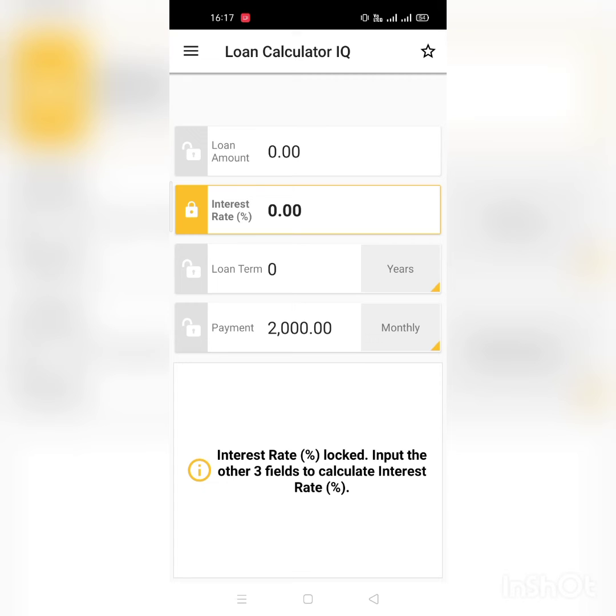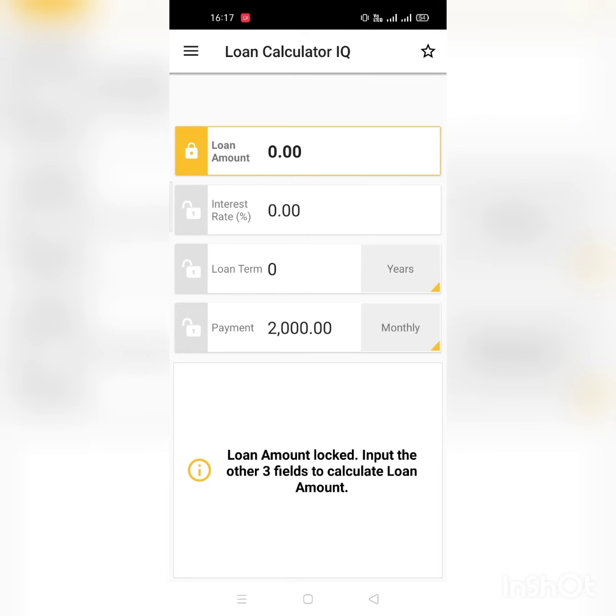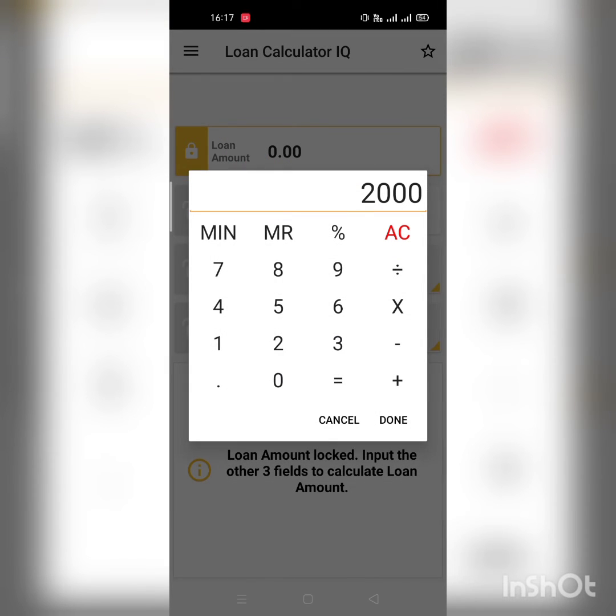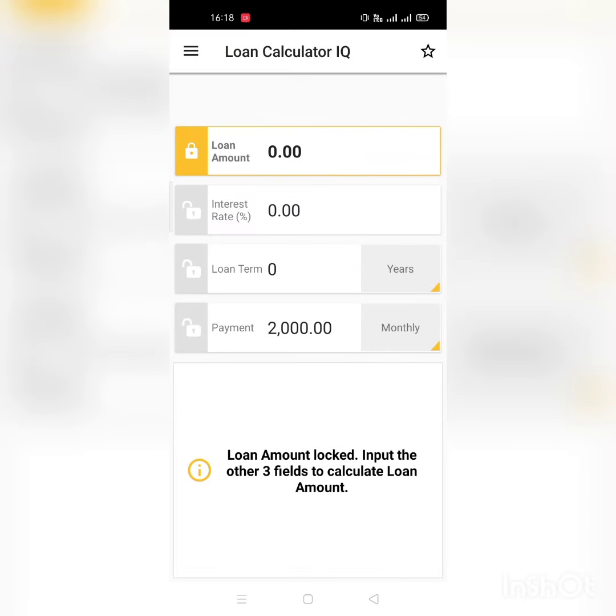Now I want to know how much amount I can borrow from a bank as a loan. So I can find it by entering the maximum amount which I am able to pay on a monthly basis for a specific time at a specific interest rate. So I lock my loan amount and enter the monthly installment, it is 2000, and enter the loan term, it is 1 year,